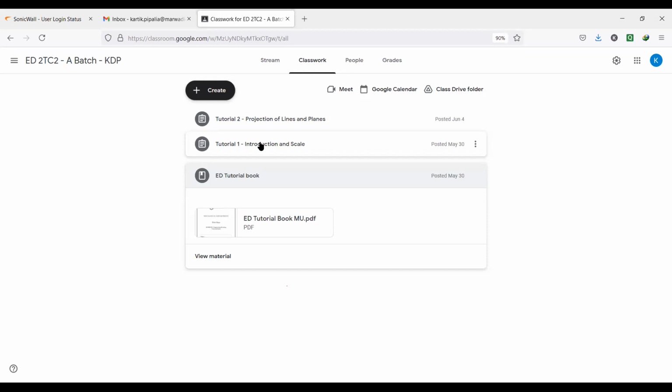Your final marks of this subject will not be based on your end semester examination, that is fine. But you need to complete the term work and you need to appear in the mid-semester examination. Then only you will get the internal marks, and based on that, your final mark sheet will be prepared. Clear? So you need to complete the term work in each and every subject, as well as appear in the viva also. So complete this task, which is given to you in the Google Classroom, submit it by next week. Clear?